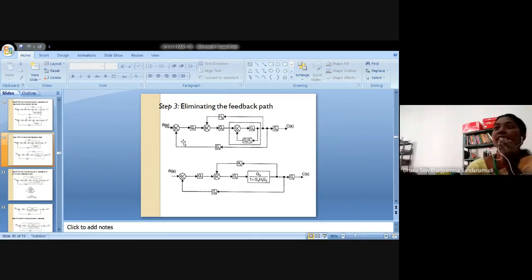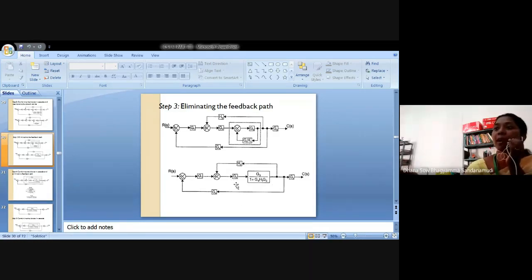I have kept here an additional block diagram. So eliminating the feedback gives G3 by 1 plus G3 G4 H1. I'm habituated to write in order, but here order is not there. It doesn't matter, everything is same. Now step number 3 is eliminating the feedback path. When you eliminate the feedback path, this is the transfer function value or the gain value of this block. Now, what will be step number 4?